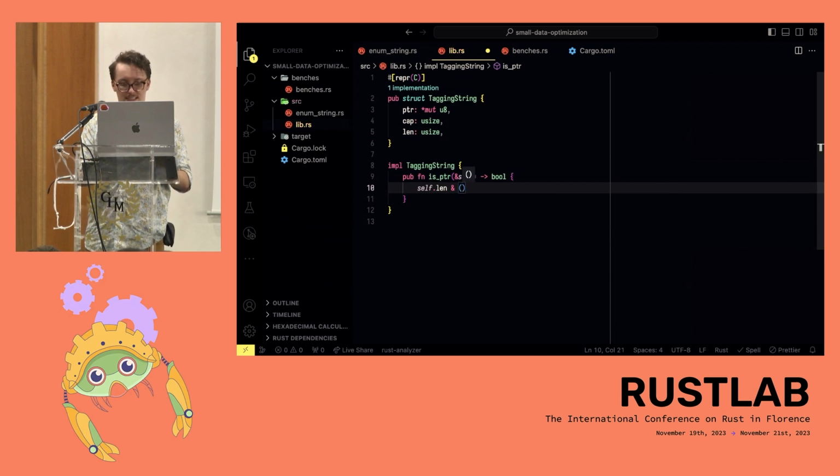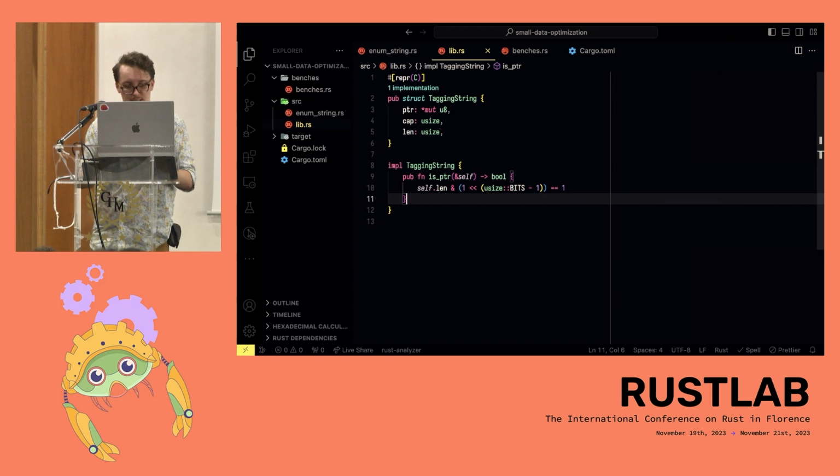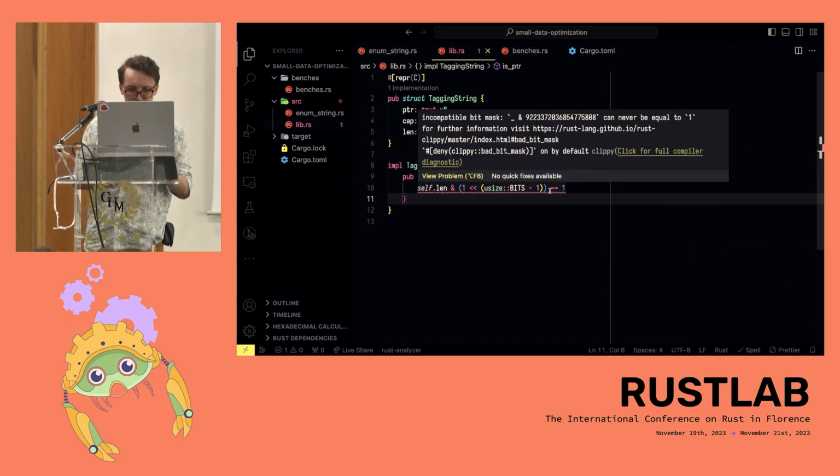So to tag this as a pointer, let's just say that we want the sign bit to be set. So let's just do usize::BITS minus 1 is equal to 1. All right, so now we know that this is a pointer, and this is complaining because,